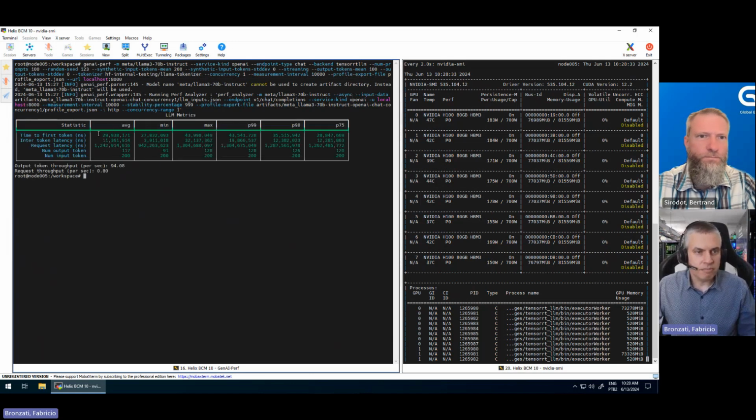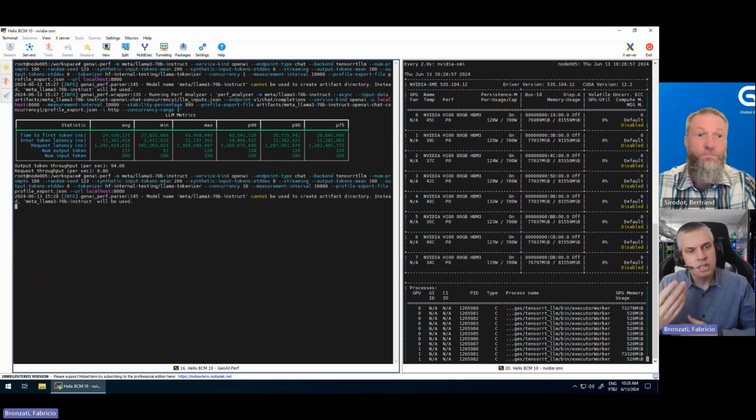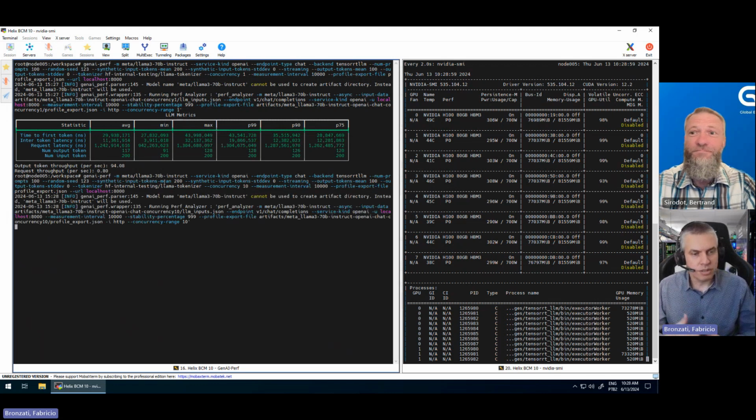As you can see here, it very easily provides very good information about the latency: average, mean, max, P99, P95, P75, and the total throughput. You can increase the concurrency of the requests, like to 10 simultaneous requests, and you see that the throughput will increase. So it provides all the tools, not only to deploy, but also to make sure that your environment is working at the best performance possible.